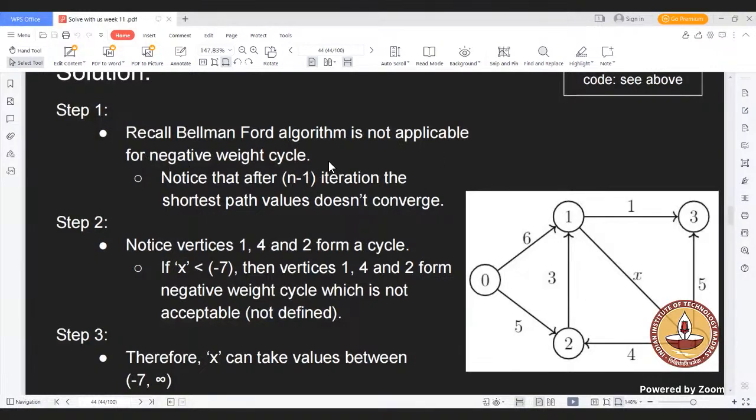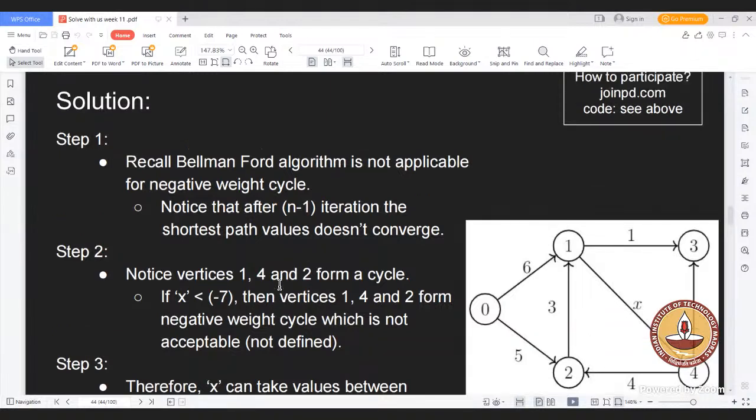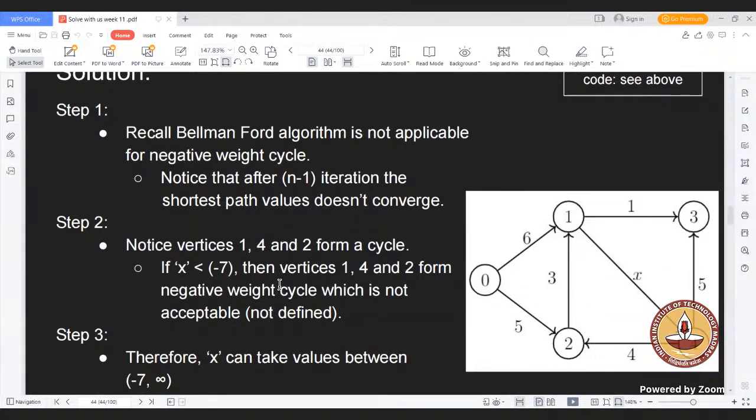I have a doubt. Why can't x be equal to minus 7? Then the cycle will be 0, right? It's still not negative. They didn't say it should only be positive. Yeah, but basically we'll just assume that it is greater than 0. Sorry, sir, there was some disturbance from somewhere else. Please just assume that this cycle is greater than 0 basically. Okay, sir. So that's why we are coming up with x should be